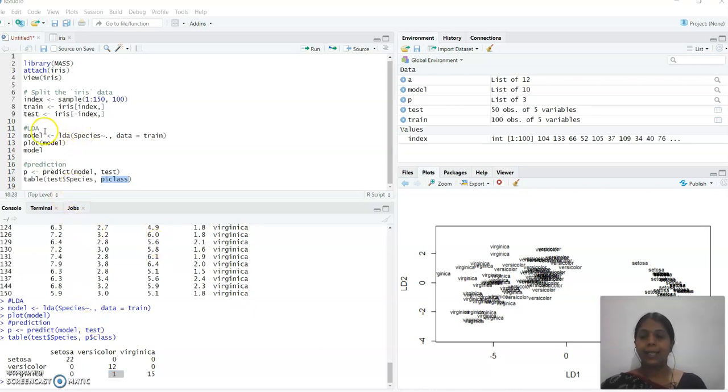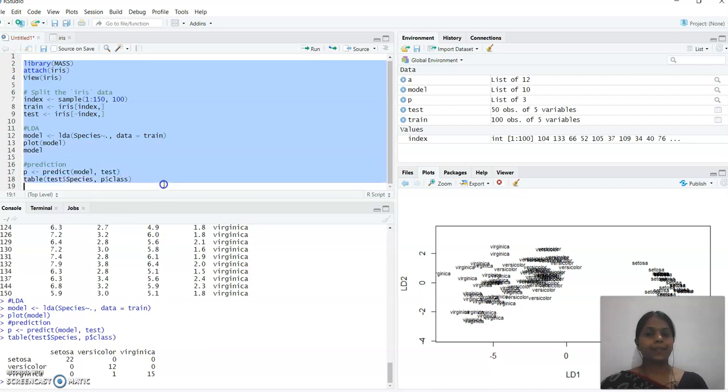The indication is that we applied the LDA function on the iris data. The LDA function, that is the linear discriminant model for iris data, classifies the data into the proper 3 groups with very little error. This is the conclusion. So please try this program. Apply the LDA function for